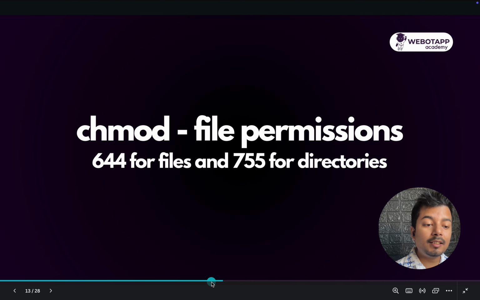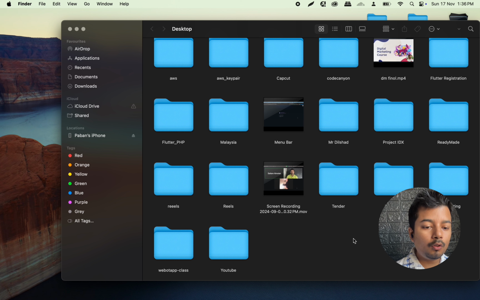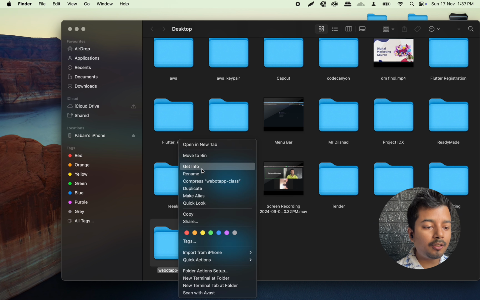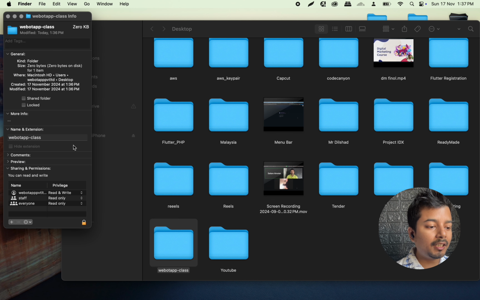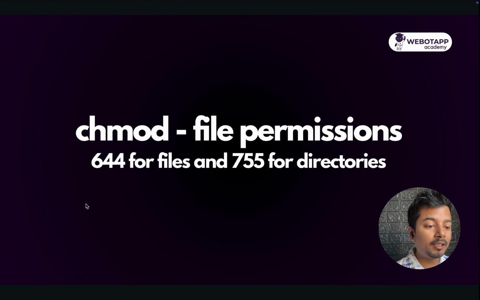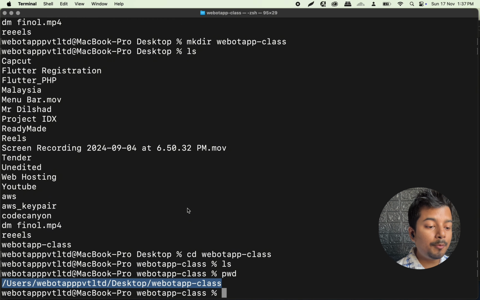Now let us see the next type of command, that is chmod. Let us now go to desktop, and here I can see WeBotApp class. I will right click on it and click on get info, and here I can see read and write, read only, and read only permission. If I have to change this permission using the GUI, I can simply change it from here. But if I have to change this permission using the terminal command,